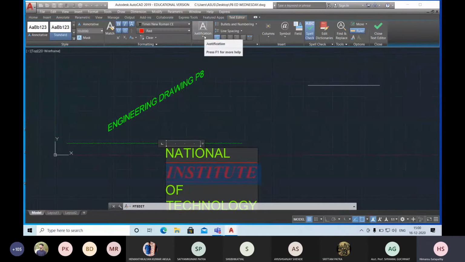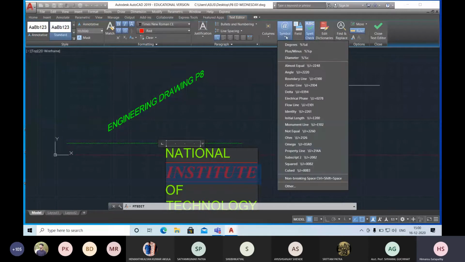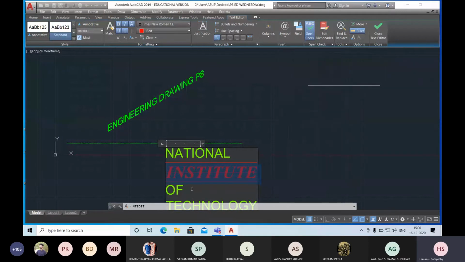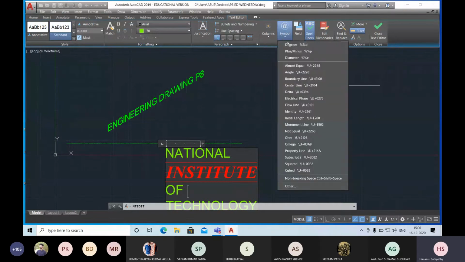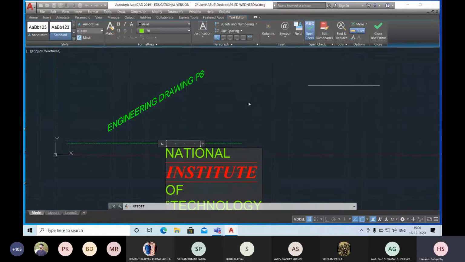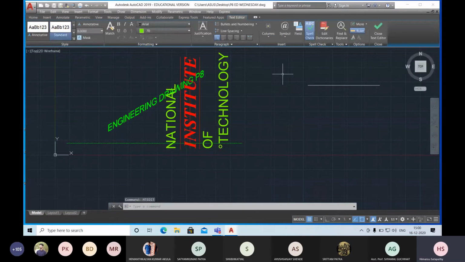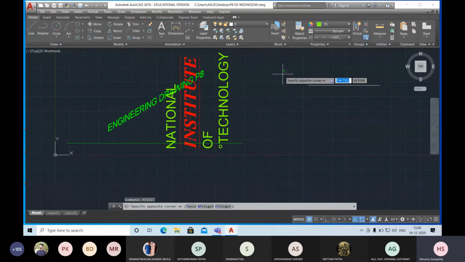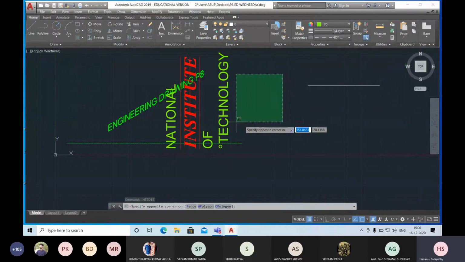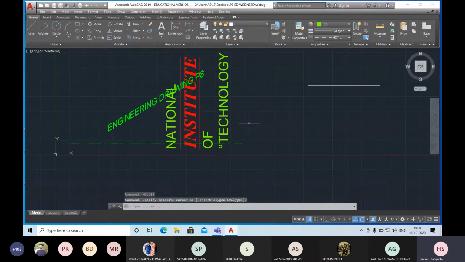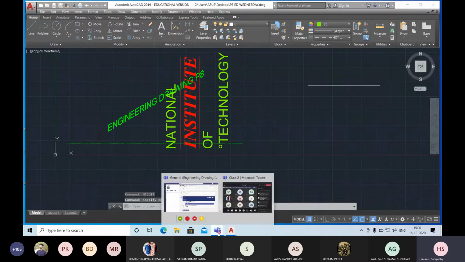You can make justification, there are many justifications. Bullet numbering, line spacing, columns, symbols, you can add symbols over here. Like if I want to add a symbol after a word, then I can go to the symbol option and enter, and I can get a symbol. There is also spell check, all the options are there. Then you can press escape. So this is what I can use in multi-line text. The multi-line text gives you freedom to change any option.